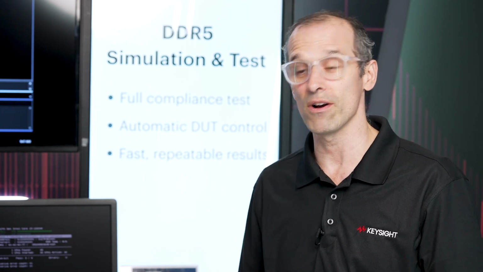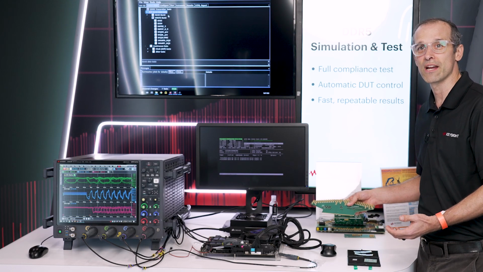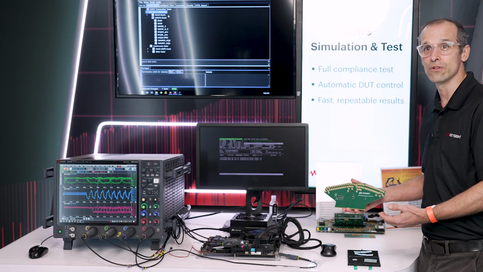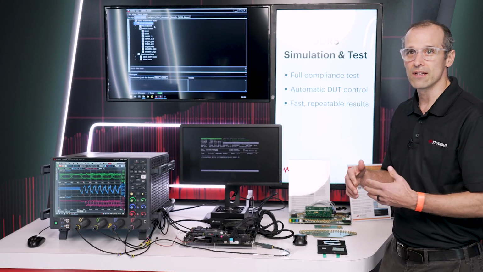Today I'd like to show you a complete DDR5 test setup. And this is mainly two parts. The first part is DDR5 DRAM characterization. And there's a variety of fixtures that one could use to extract the signals and perform this type of testing. After the signals are characterized on the DRAM, we then move to system validation.